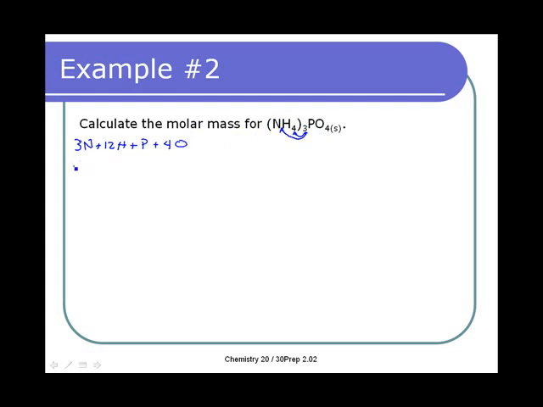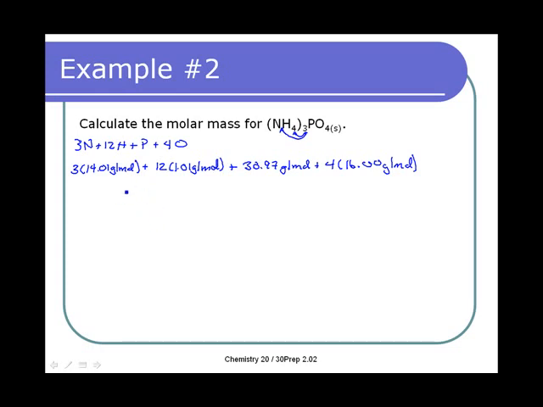And then we start grabbing numbers off our periodic table. There are 3 times 14.01 grams per mole plus 12 times 1.01 grams per mole plus 30.97, the molar mass of phosphorus, grams per mole, plus 4 times 16.00 grams per mole. And again, we can run this through. As long as you have a scientific calculator, you can run it through just like that. And you should get